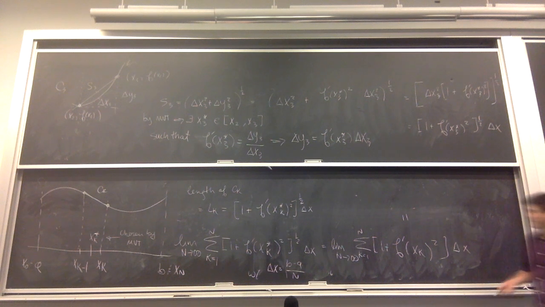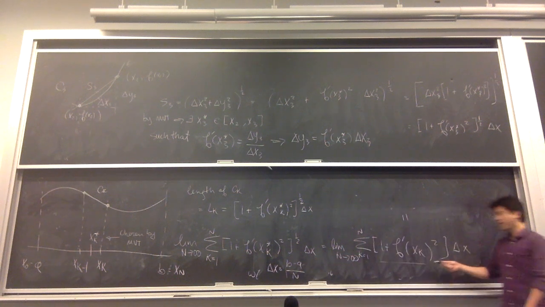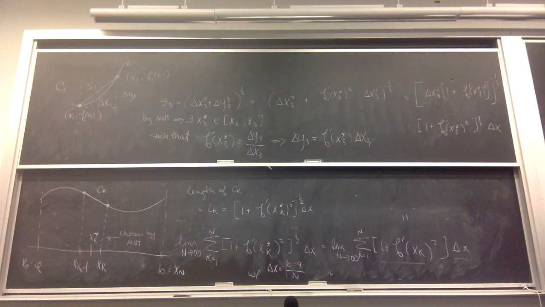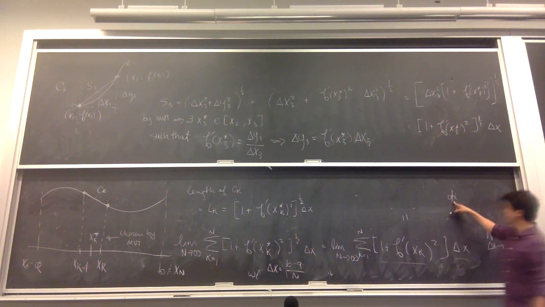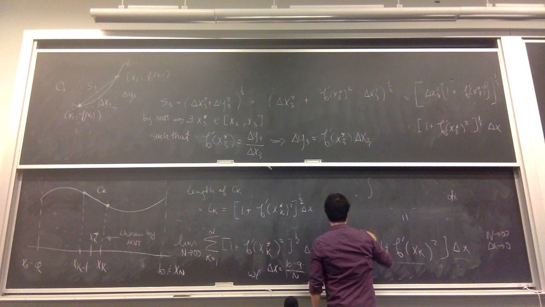Well, every time we've done this, we've taken these boundaries, this has been the integrand, and this has changed to a dx. Right, so that's what this means. Notice as we take n to infinity, that delta x goes to 0. The more edges, the smaller this gets, and that's exactly what this dx means. Dx means delta x, but the delta is tiny, arbitrarily small. So we're going to take the integral from a to b